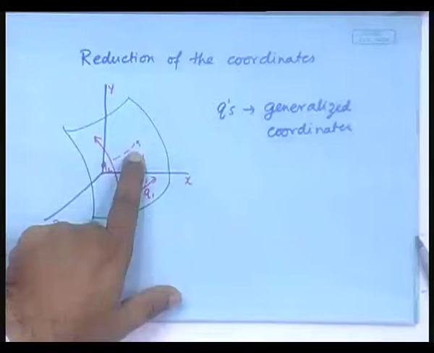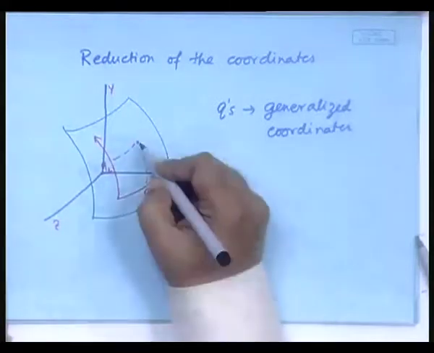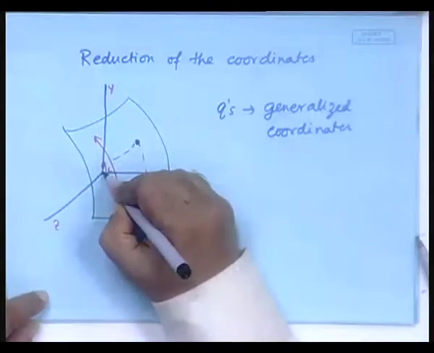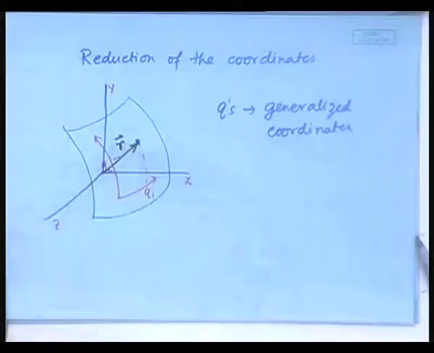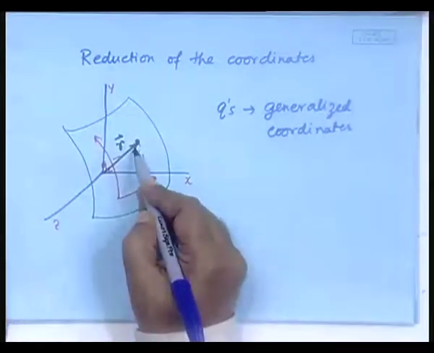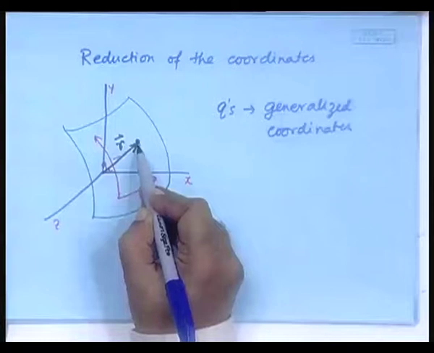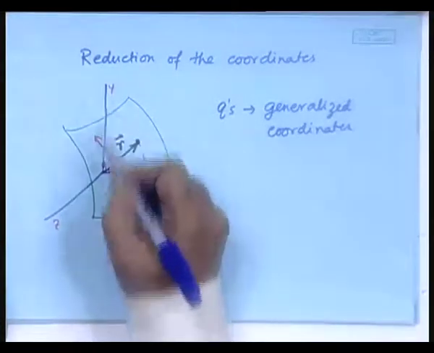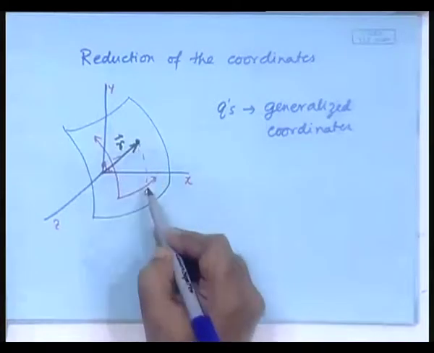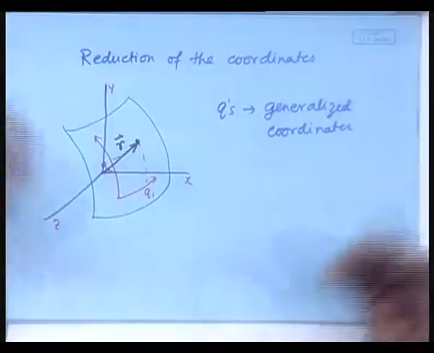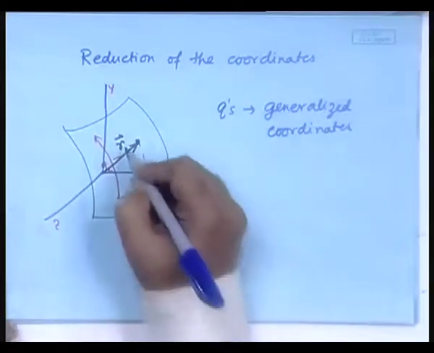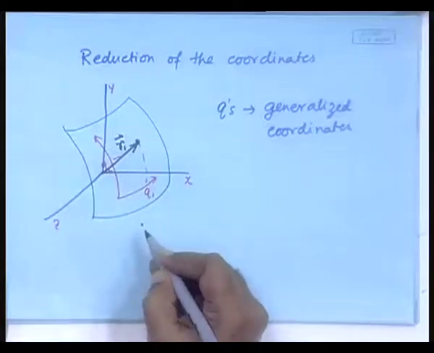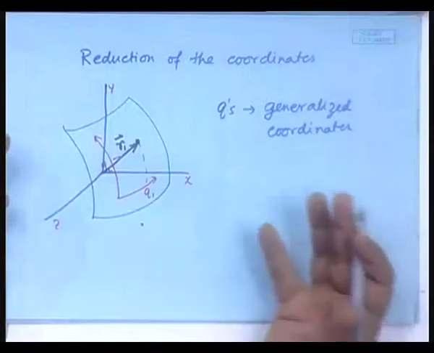Suppose a body was there at this position, then its position is given by this r vector in the original coordinate. If it is given by the r vector, then for this body, this r was earlier expressed in terms of x, y, z, but now r has to be expressed in terms of q1 and q2, a new set of coordinates. Similarly, there was another body, suppose here, its coordinate, say this would be r1 and this one would be r2, and all those bodies' coordinates now would have to be expressed in terms of the new set of coordinates,